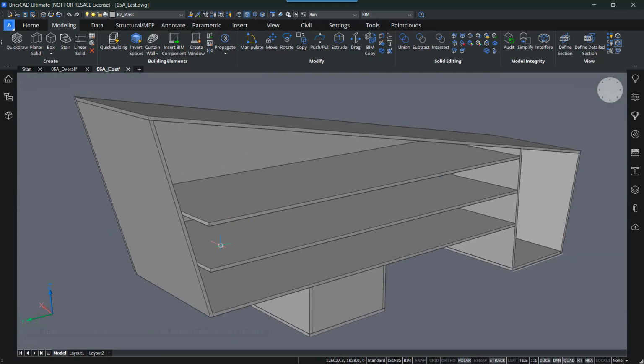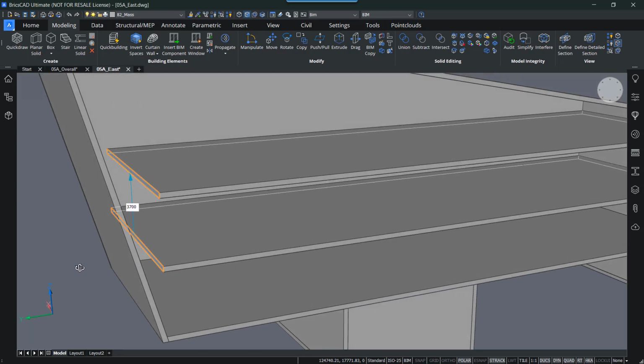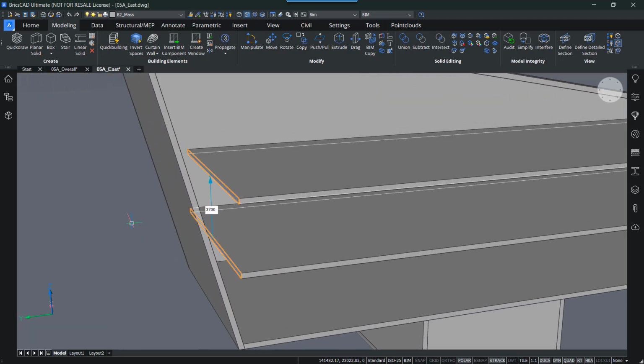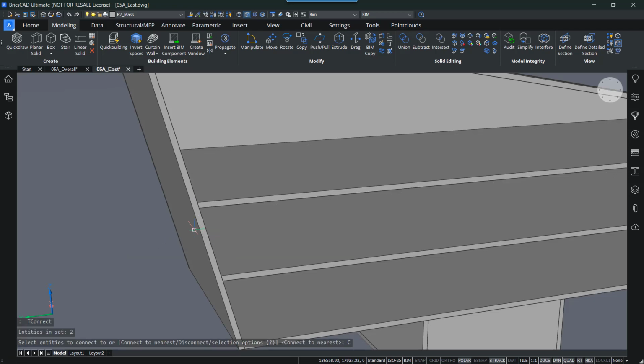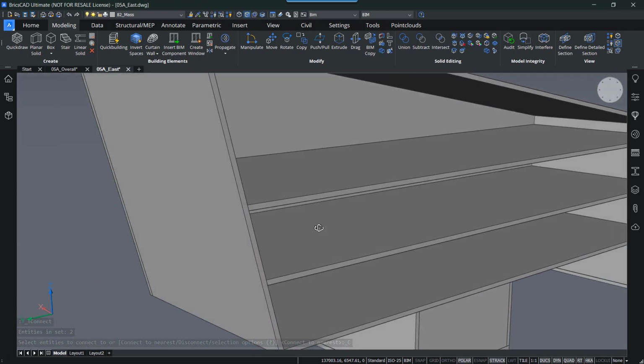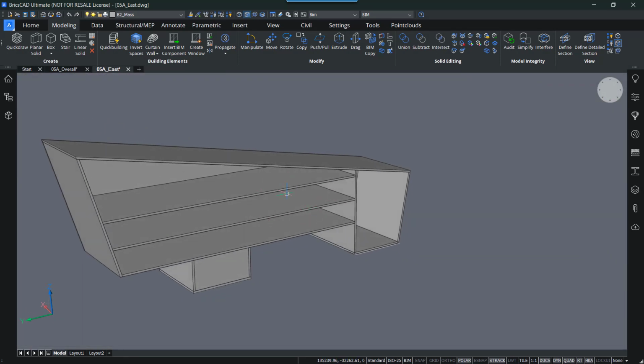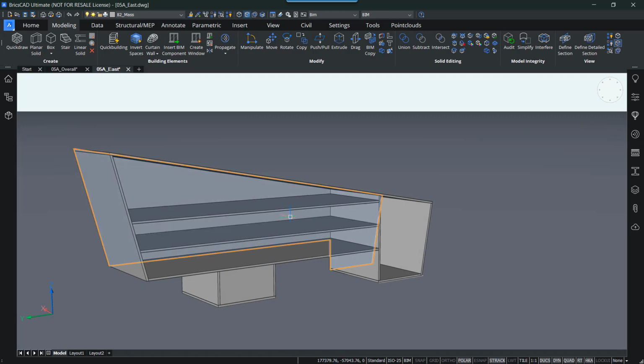So like that you can copy around your elements inside your building, and then here at the top I can select both ends of the slab, and then also use connect with nearest to connect it to the wall. So like this you don't have to manually model it. This BIM copy also works with boundary detection, so it's not only for faces.